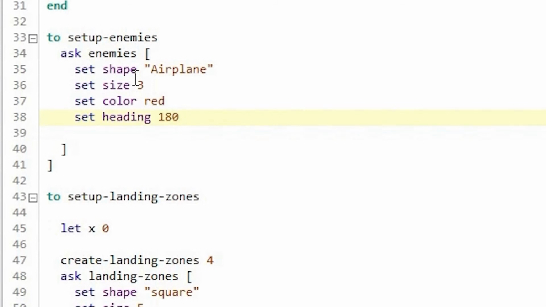That means it's heading south. Yeah, so these are the things I would like to set up whenever we are setting up these enemies.